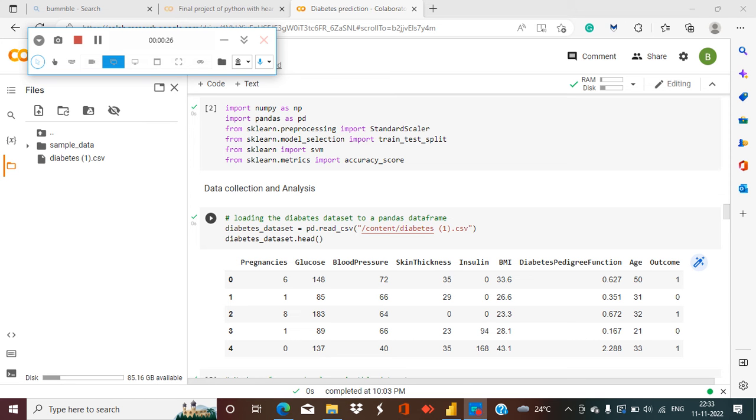Then from sklearn, we import StandardScaler, train_test_split, support vector machine, and accuracy score, which are essential for machine learning. StandardScaler is to standardize data. Train test split is to split the data between train and test. Then we import SVM, which is a support vector machine, which is about to classify data